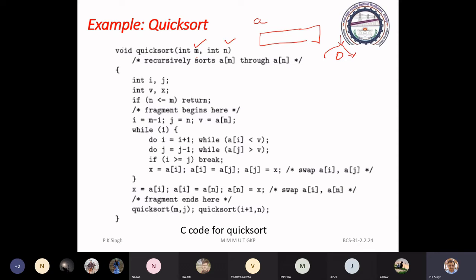Means here we go for intelligent division of the list, whereas in merge sort we do intelligent merging of the list. This is the main difference. So here we are doing the division.